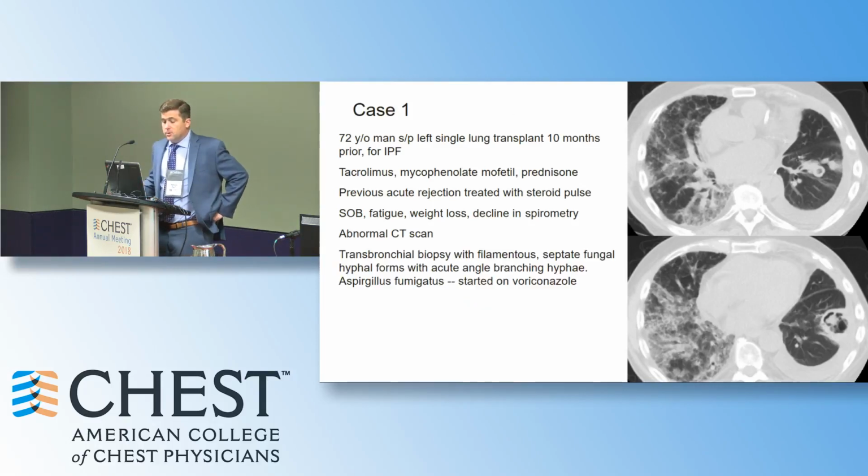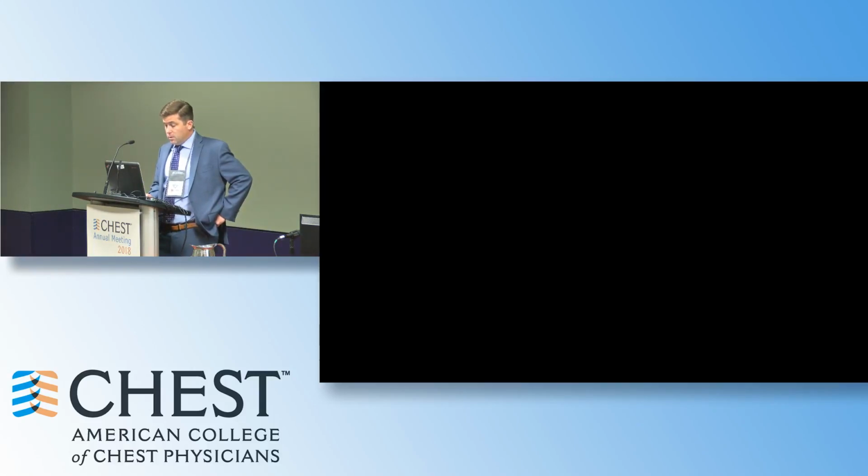And so he undergoes transbronchial biopsy and what we found was a filamentous septate fungal hyphoform with the acute branching hyphae that you'll see on the upper panel there, and it is Aspergillus. And he was started on voriconazole, the standard first-line therapy for this. But there's more to the story than that, because